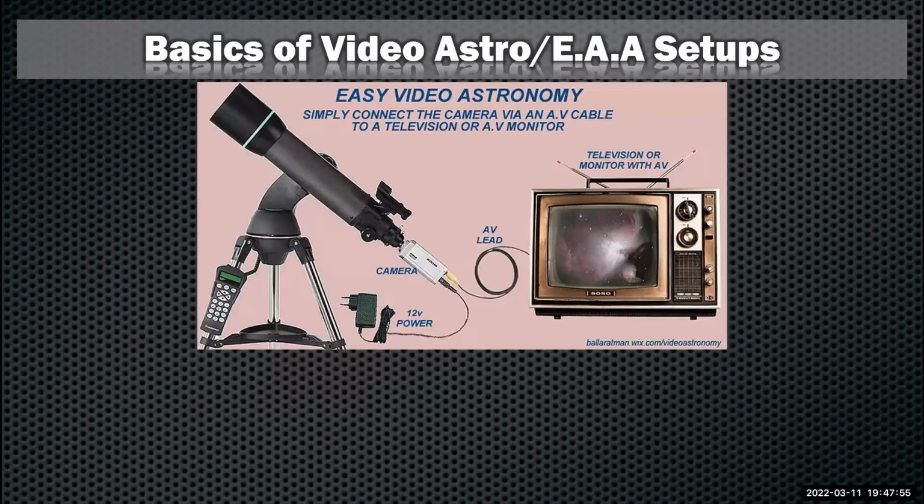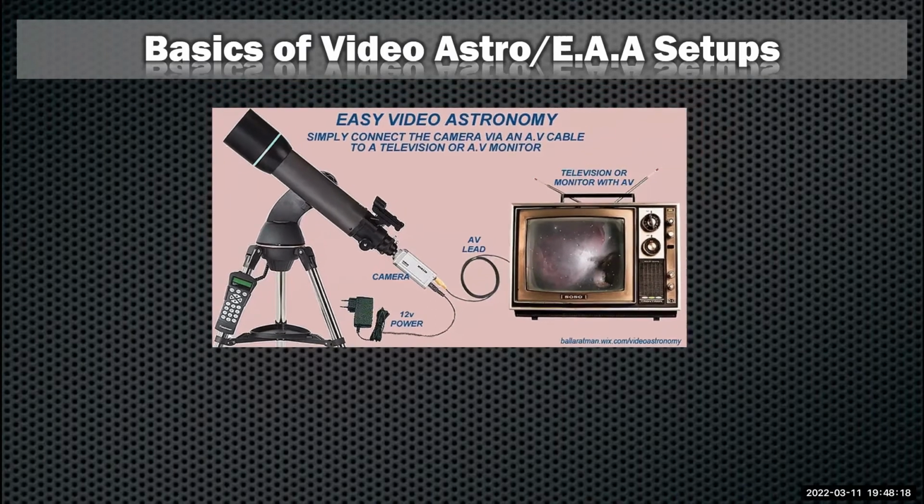We've got the camera there, and you'll see that there's a separate 12-volt power component to it. So you have to be powered from a different source. And then you've got a lead going to the monitor. And of course, in this scenario, you're having to manipulate the camera by pushing buttons on the back of the camera to change exposures and things like that.